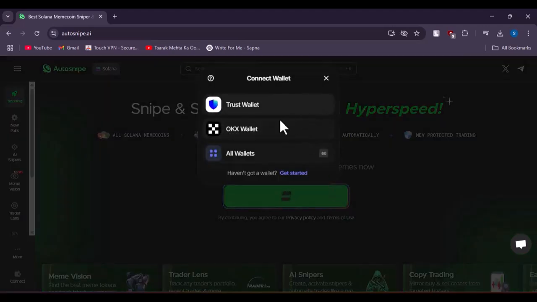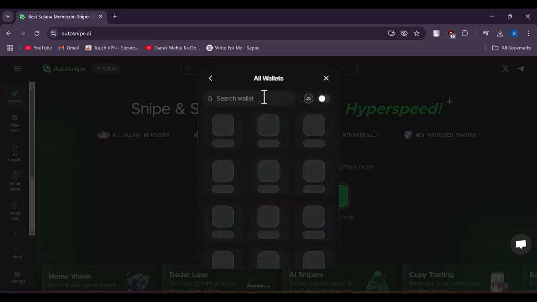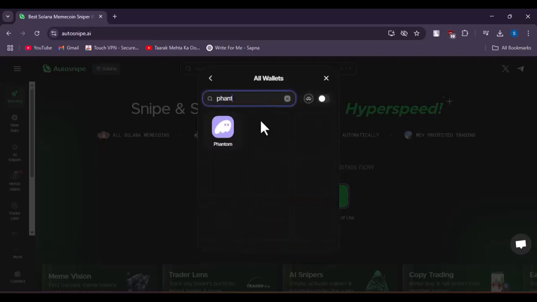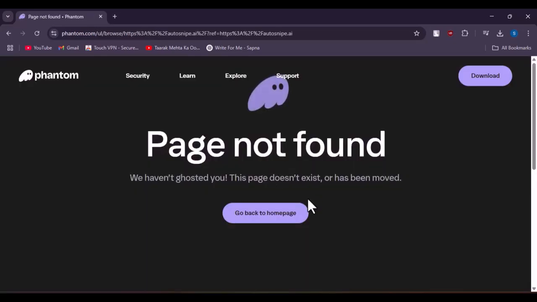Now you will be able to choose a wallet. So tap on all wallets from over here and search for Phantom. You'll find your particular wallet, tap on it, and then again, as I mentioned, you can sign in over here, otherwise once you have done that, you